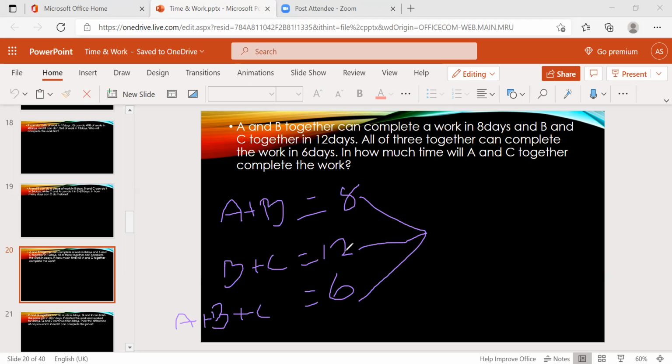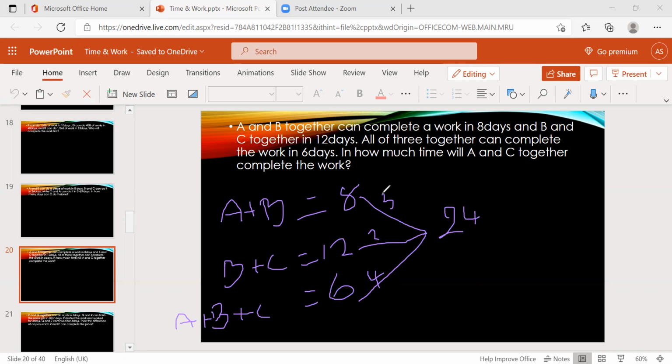So it's a factor of 6 and these, 8 and 12. It's 48. 48 is an LCM, right? Sorry, 24 also is an LCM, right? Why do I have to go for 48? This 24 is the LCM. And this is nothing but 3 apples per day, and this is 2 apples per day. This is nothing but 4 apples per day.